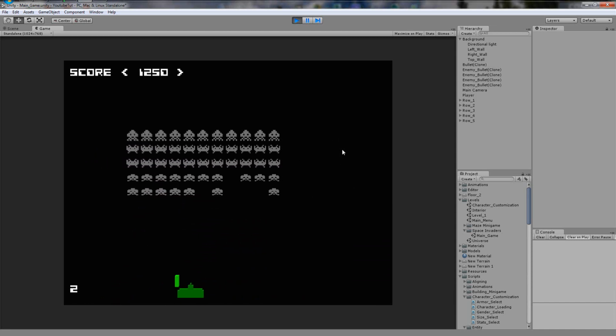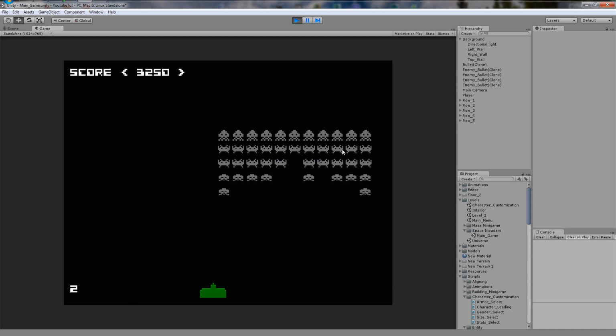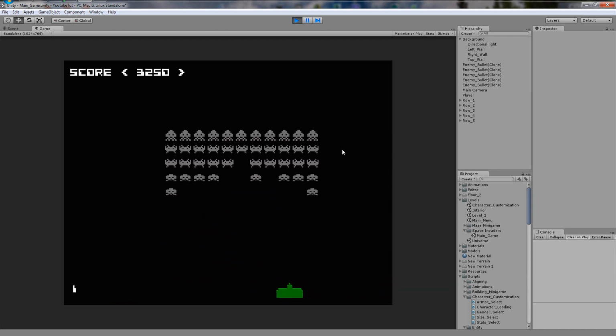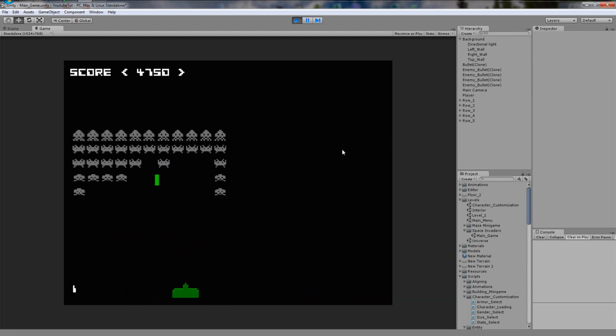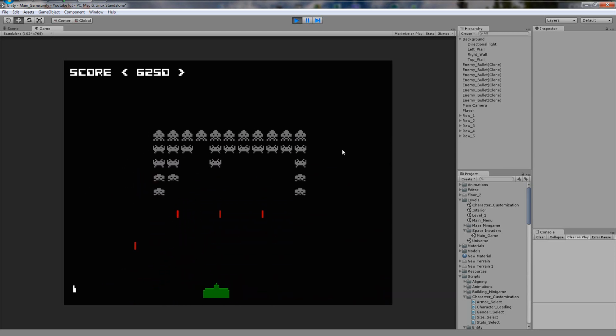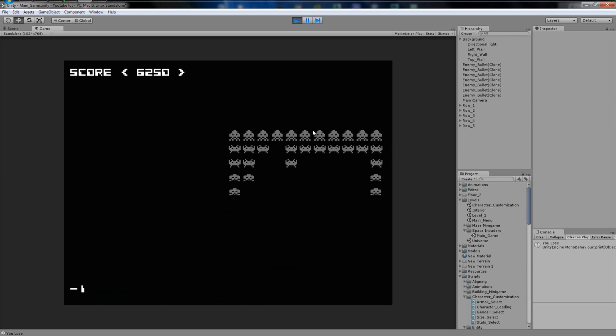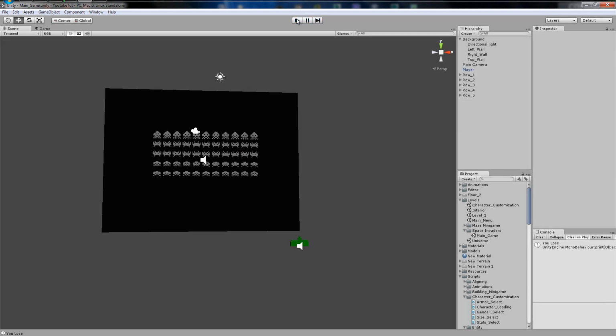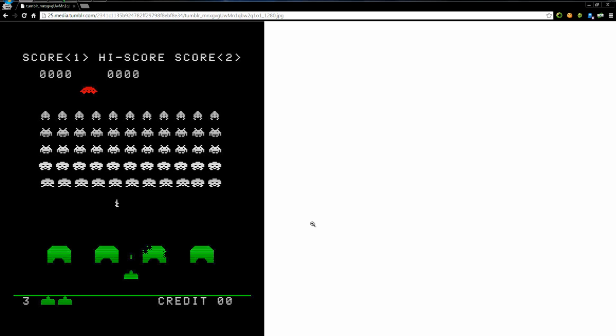As you can see, we lose life. When we die, we get a score as well. Boom, we die. Perfect. So what we've still got to do, if we look at the online reference image,